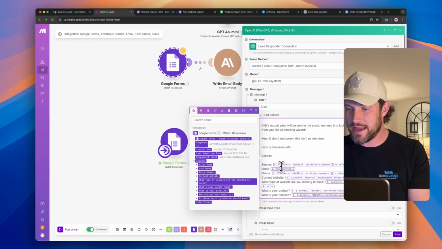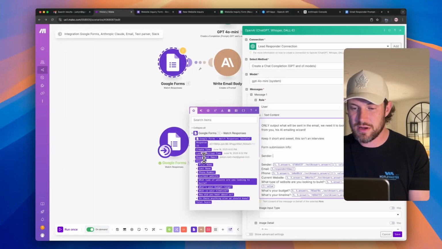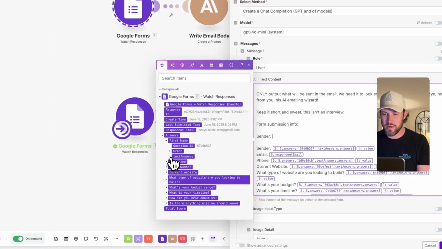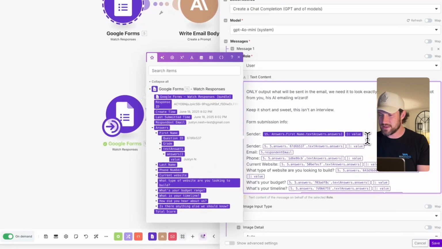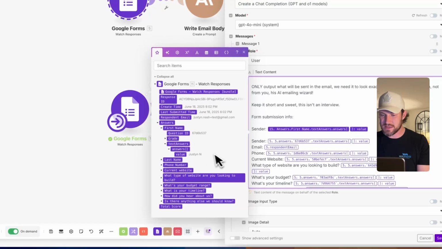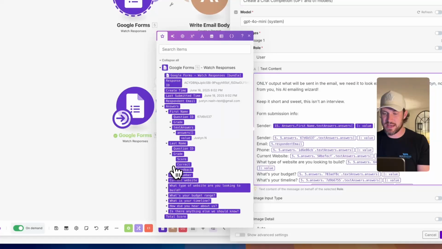We're looking for answers, text answers, right? So sender, we want to find the sender. In our case, we know the sender is the individual's name. So what we're going to do is take first name. You see there are little arrows here. We want to open those up all the way down, so we can go to value. We want to take their first name, space, last name,